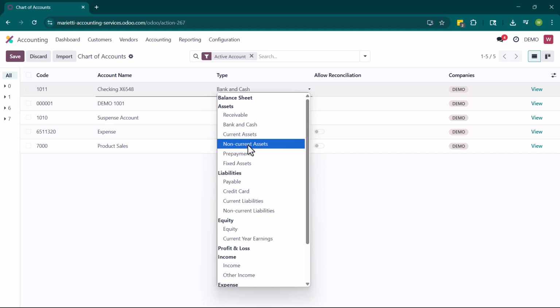Non-current assets, on the other hand, are things that are not going to turn into cash within that next 12 months. For example, maybe we've made a loan, like a 4-year loan, to an employee or to somebody that we are working with. That would be considered a non-current asset because it's not going to be turned into cash within the next 12 months. Then we have prepayments, and prepayments are where we have paid for something that we're not